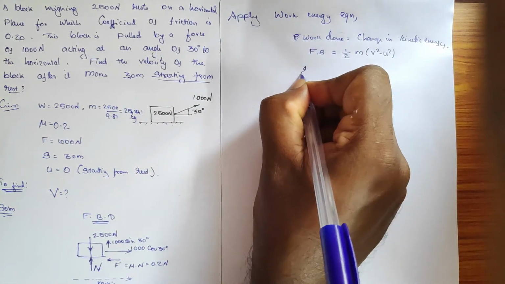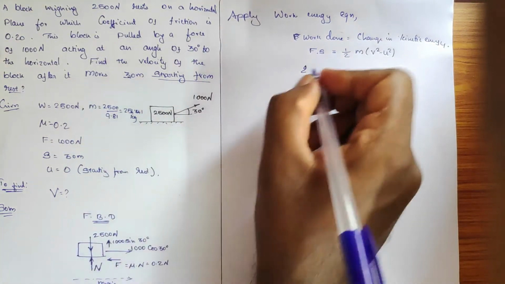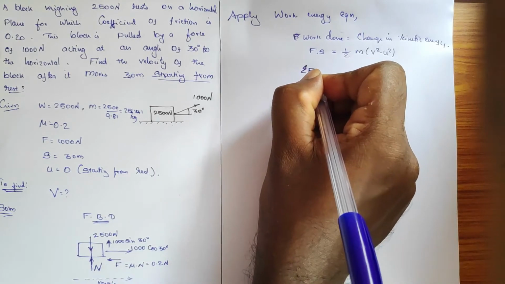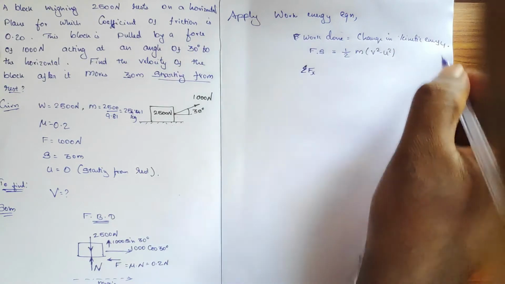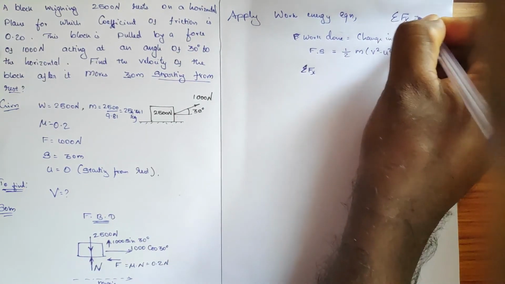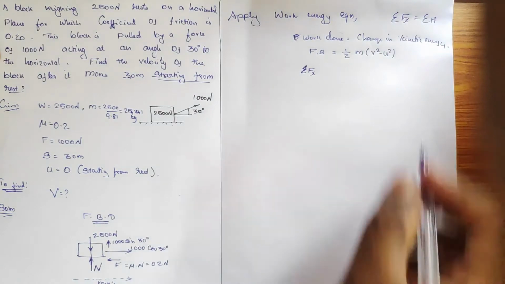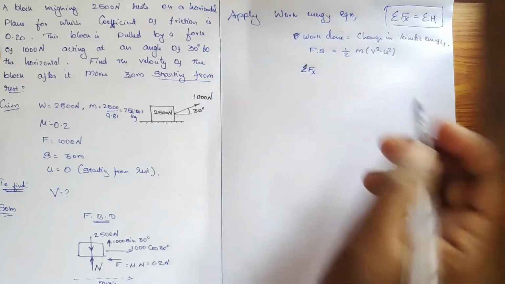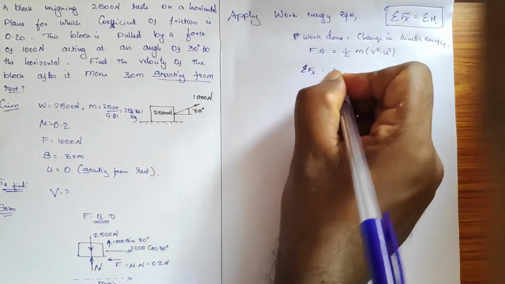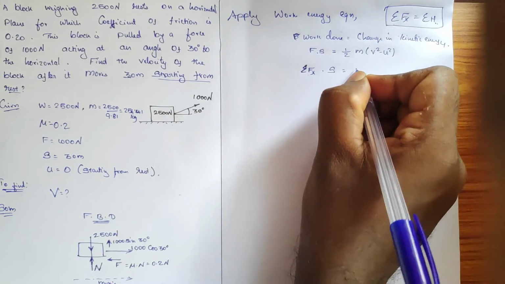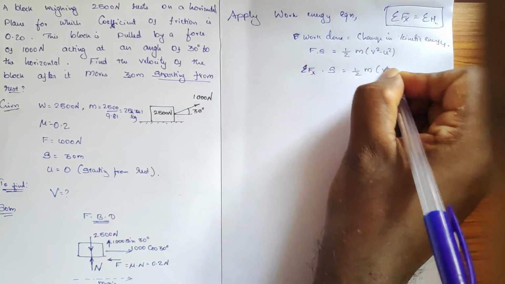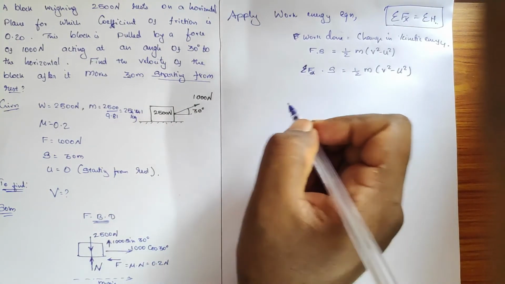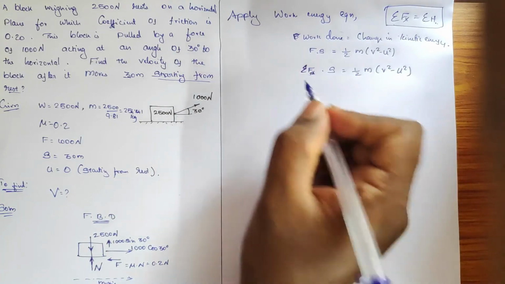So as per this arrangement, we need to find the sum of forces in the x direction, Fx. That means the sum of Fx is nothing but the sum of horizontal force. You can write sum of horizontal force or Fx in the x direction, both are the same. And displacement S is equal to 1 by 2 mass into v square minus u square. So first you must identify the sum of Fx.